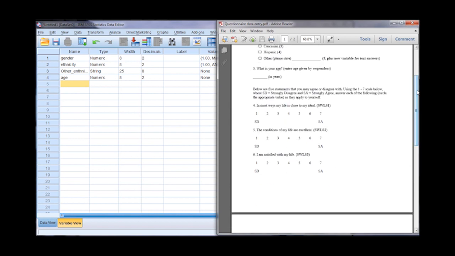And this is a real scale by Diener, the Satisfaction with Life scale. It's a very popular scale. And what I'm going to do in SPSS is, notice a person will answer one of these 7 choices here. They'll give one of these answers. They'll circle a 4 or 6 or what have you. So anytime someone answers a value, it needs to have a variable. So I need to create a variable in SPSS for this statement, and a variable for the next statement, and so on. And I'm going to call it the Satisfaction with Life scale, or SWLS for short, 1 for the first question on it. This will be SWLS 2, and so on.